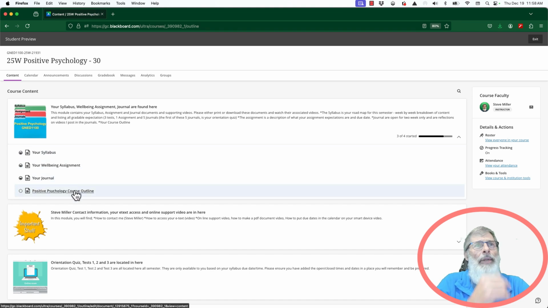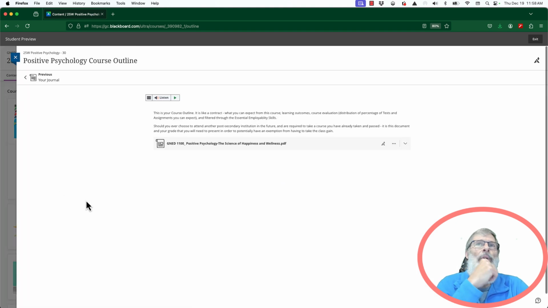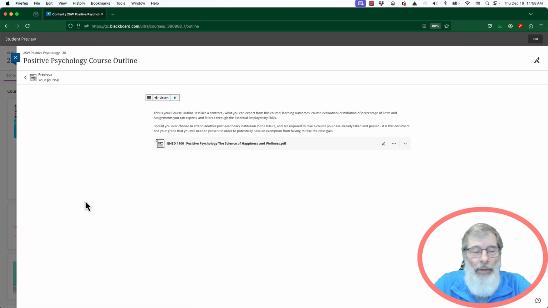And then this document here, this is your course outline. If you ever attend or plan on attending another post-secondary school and are required to take a liberal arts course, you may already have one. If you've passed this course with 60% and you go to another school that requires you to take a liberal arts, you have one in your back pocket that you could use to get an exemption.